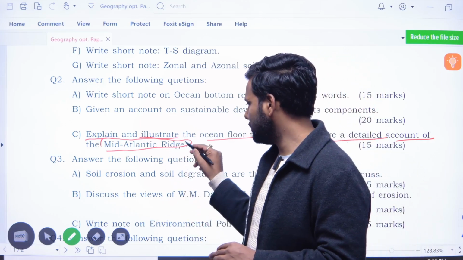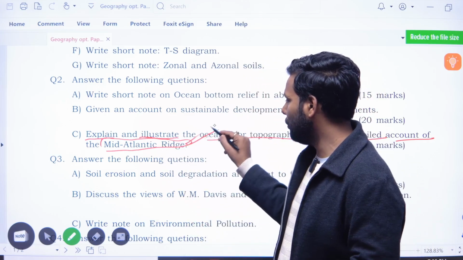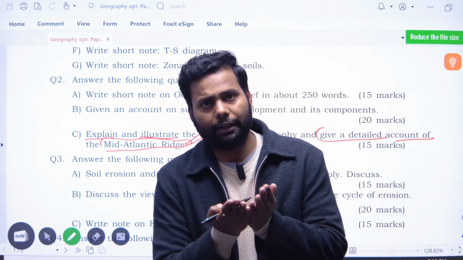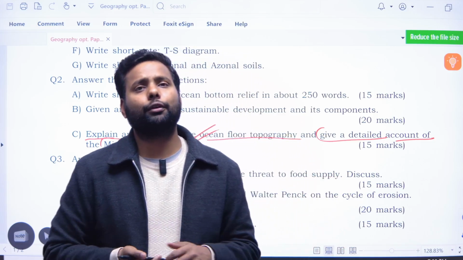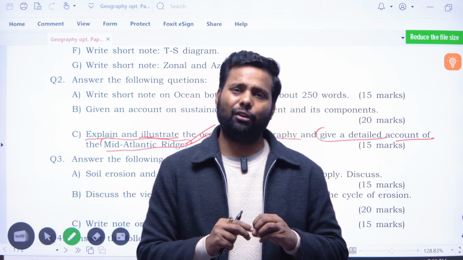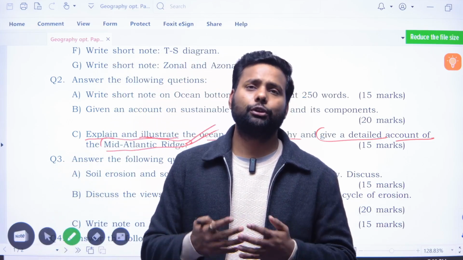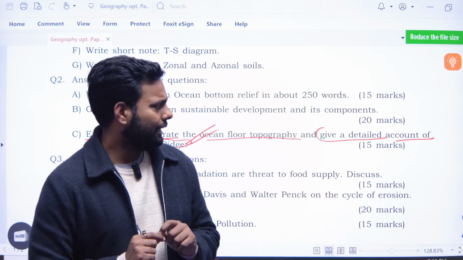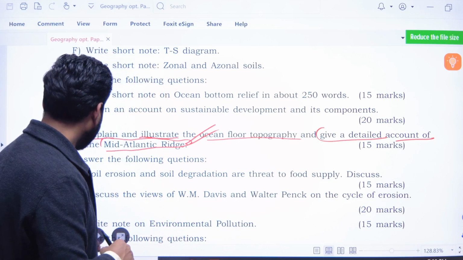You have to simply talk about how the mid-Atlantic ridge was formed, and you have to connect it to the sea floor spreading theory. You also have to mention some of the paleomagnetic evidence which is kept in the mid-Atlantic ridge. You have to mention this in this question. Okay,